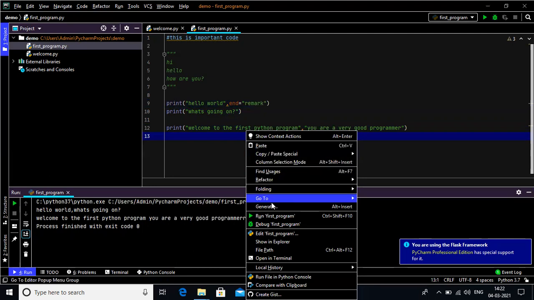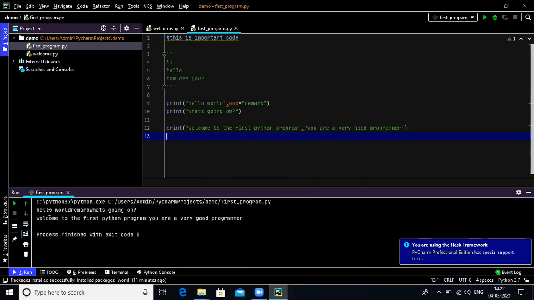Before writing this remark, the output is hello world comma what's going on, and after writing the remark word into the end statement, the output is hello world remark what's going on, right?